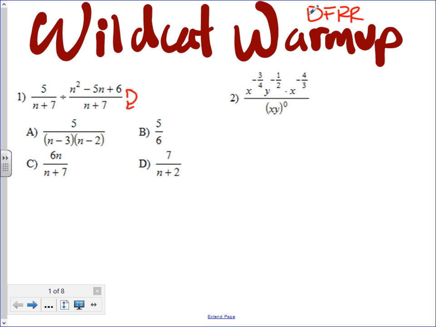What does D stand for? You have to check for division. And if it's a division problem, then you take the second fraction and you flip it, or you take the reciprocal of it. So the first step you should have done is 5 over n plus 7 times